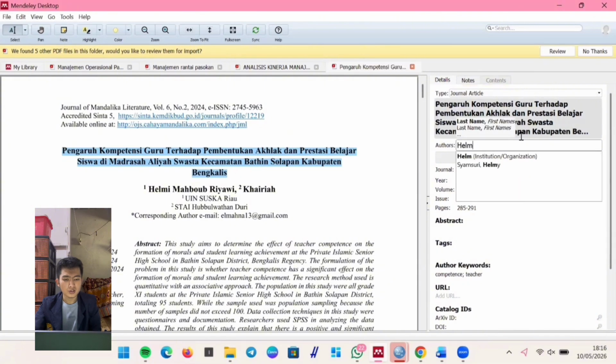Now we are going to migrate this file into Mendeley so we can manage their metadata.